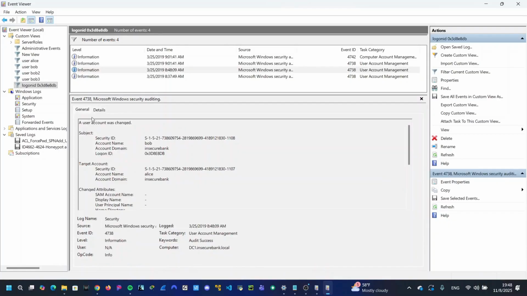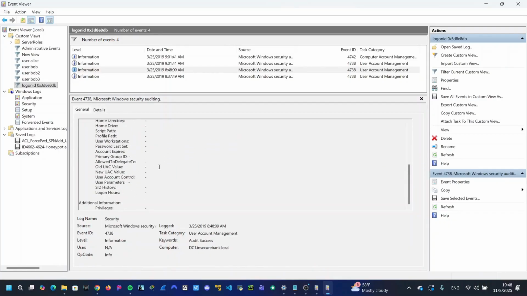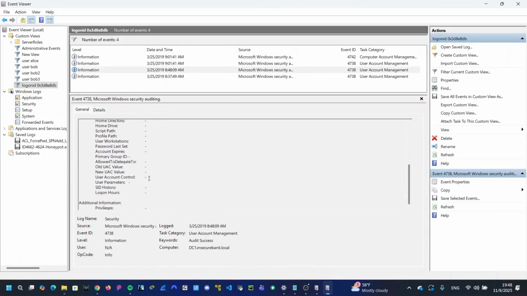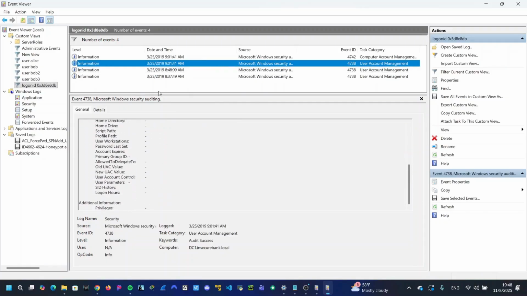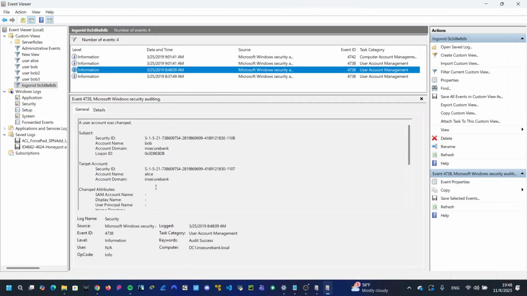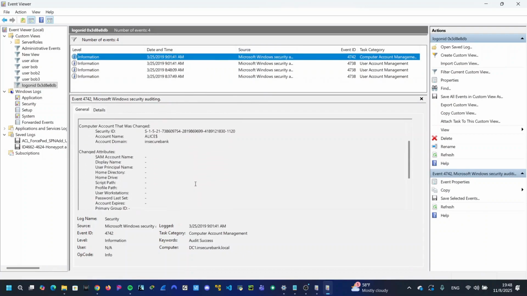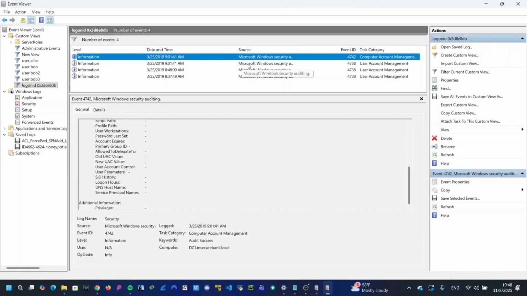If you go to general details, all these changed attributes, nothing is listed. All of these changed attributes, nothing is listed. So in my humble opinion, this suggests something that shouldn't be going on is going on,